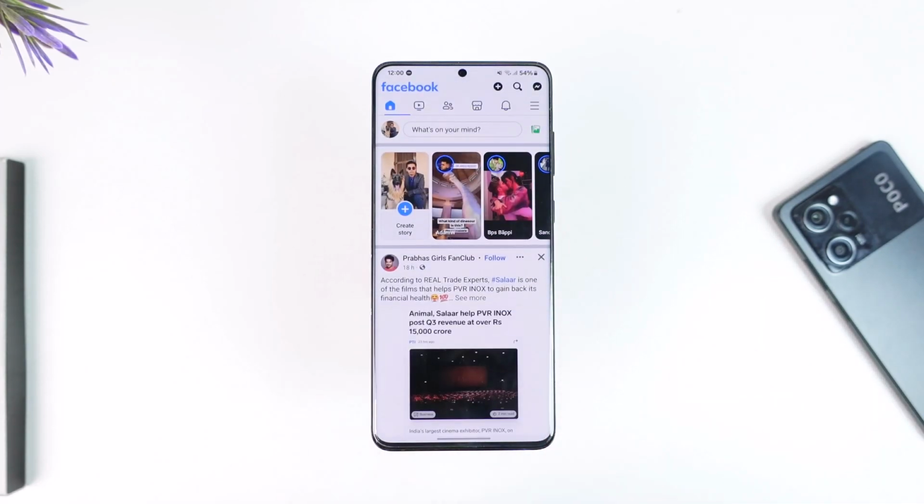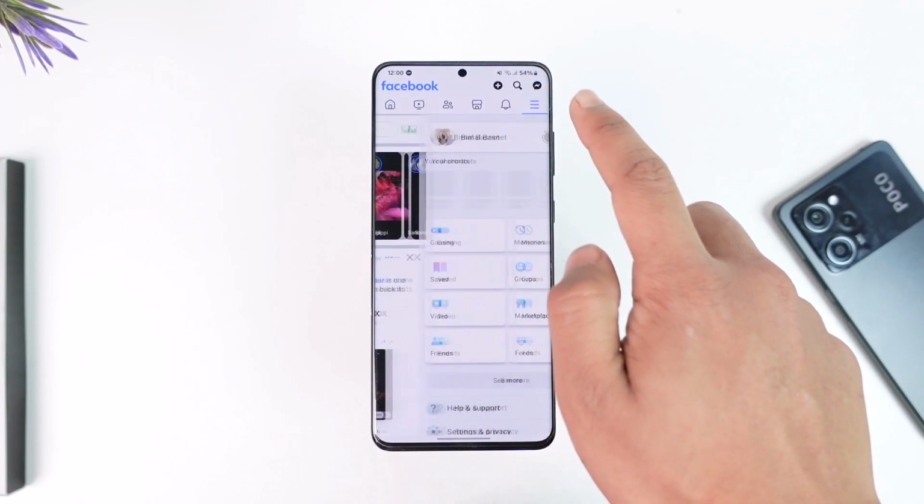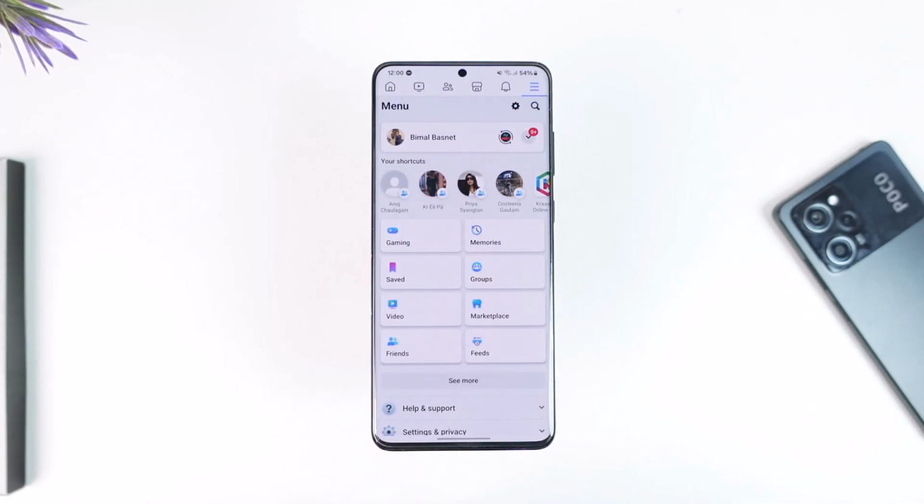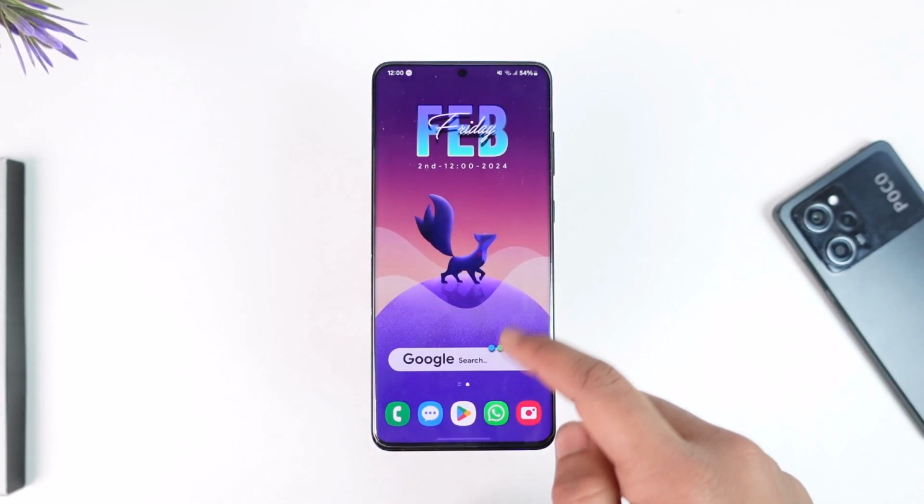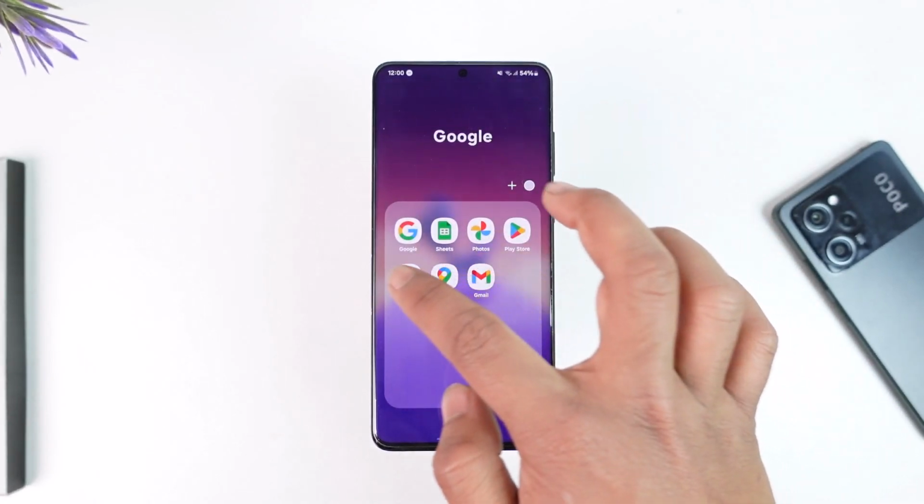Now basically, if you have Facebook and you are logged in but you're trying to find the password, remember that your Facebook application will never give you the password. It's just like you're asking the bank what is the ATM pin. If you don't know it, you just have to reset it. That's the only thing. But if you're lucky and you have saved your password in maybe, let's say, your browser,